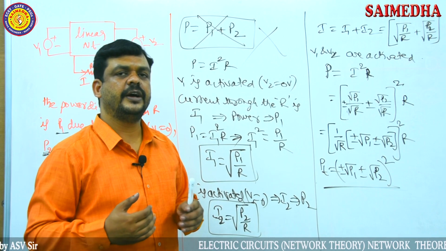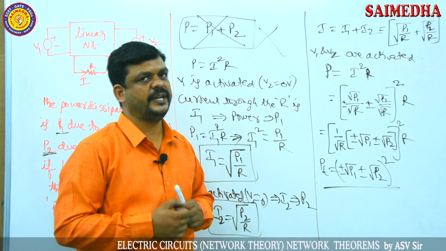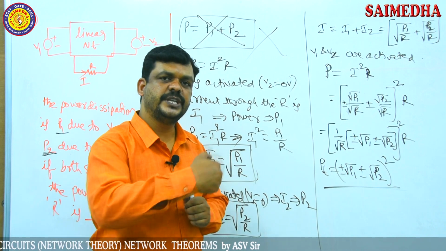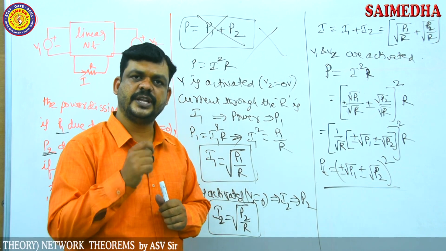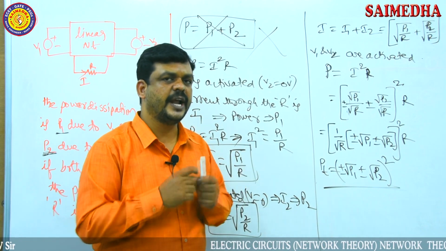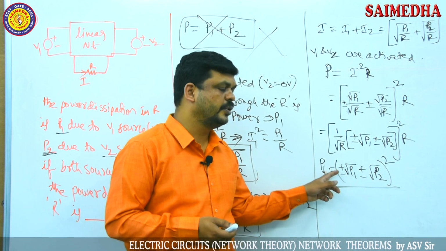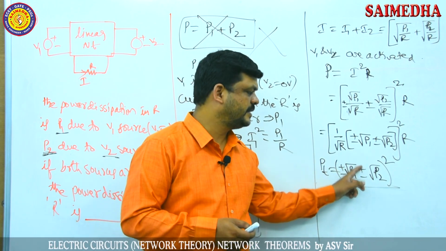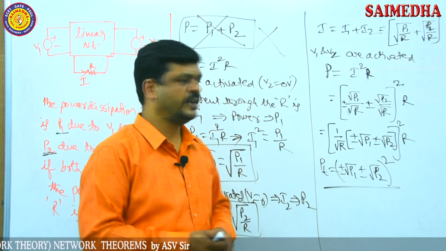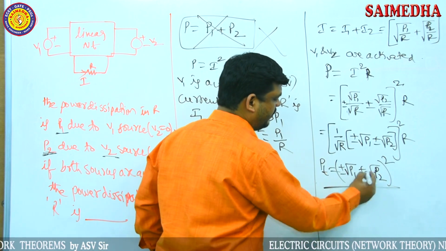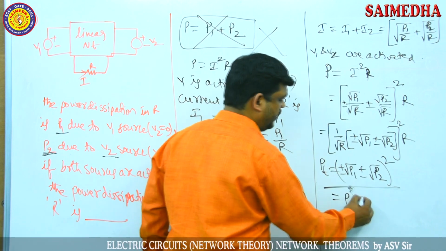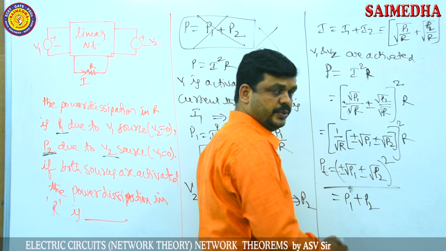If the V1 source, only one source, is activated, the power dissipation in the resistor is P1. If the second source is activated, the power dissipation in the resistor is P2. If both the sources are acting now, then the total power is equal to root P1 plus or minus root P2, whole square. This is another standard equation, and after simplification it becomes P1 plus P2 plus